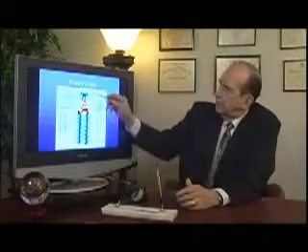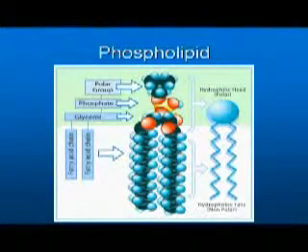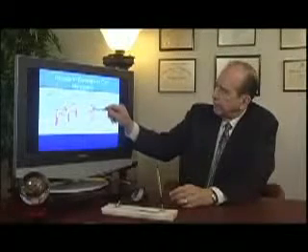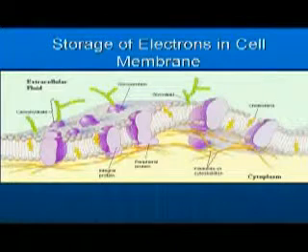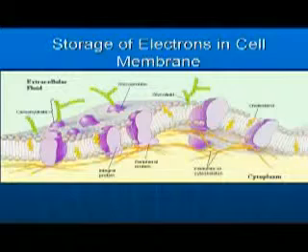Now, in our bodies, we use these fats called phospholipids to make our cell membranes and store our voltage. This particular kind of fat has a little ball on the top and has these two little legs hanging down like this. The ball is an electron conductor, and these little legs are insulators. So our cell membranes are made up of opposing pairs of these. Here you see the ball with two little legs, and here's a ball with two little legs. And so our cell membranes are made up of a layer of electron conducting, another layer of electron conducting separated